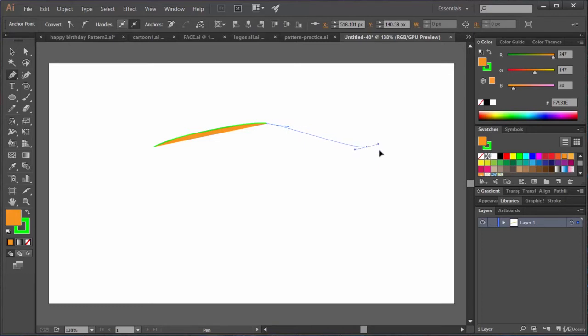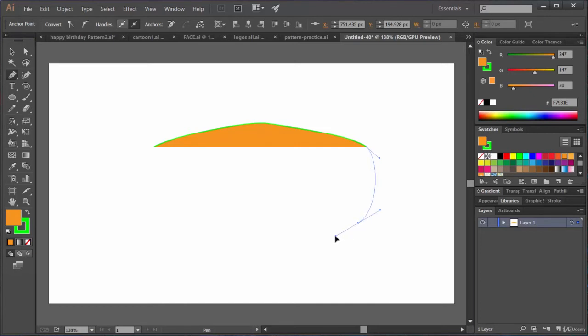Say for example, you want to put another anchor point or another curvature anchor point here, but by mistake you have clicked here and you have started dragging, right?